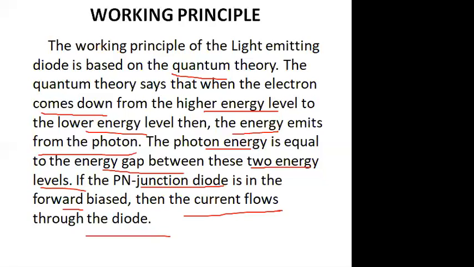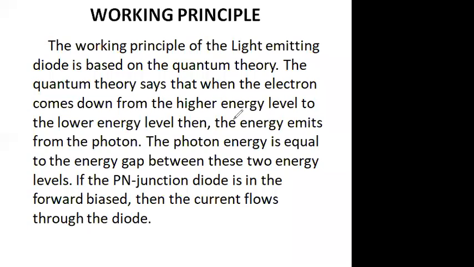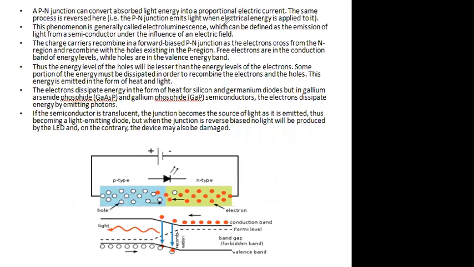This is an introductory part. If we discuss it elaborately, this is a PN junction diode. So there are holes. This layer is the depletion layer or active layer. This is N type. As this is forward bias, P is positive and N is negative.